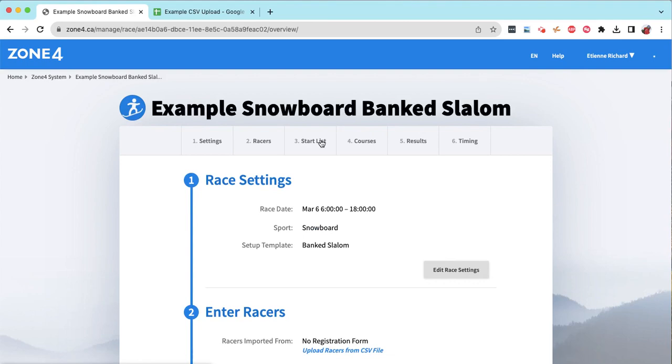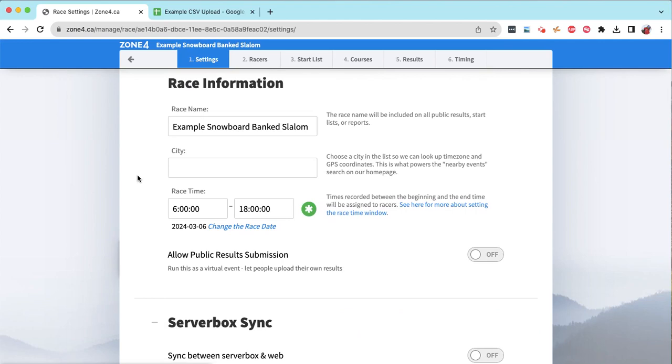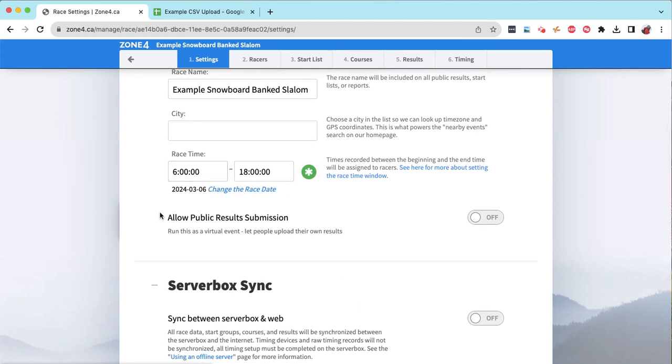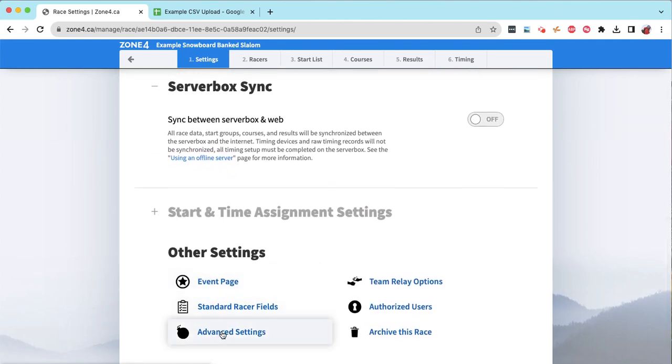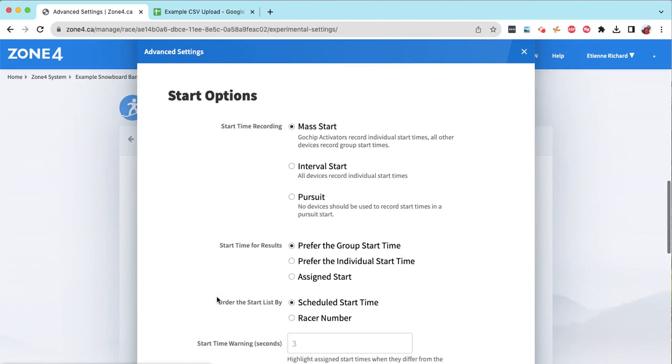And here we are on the race file. So I always like to navigate through the menu here at the top of the race file from settings to timing. So we'll start with settings. And here you can change the name of the race file, the race time window. And what I like to do for the bank slalom, I like to go to the advanced settings and scroll